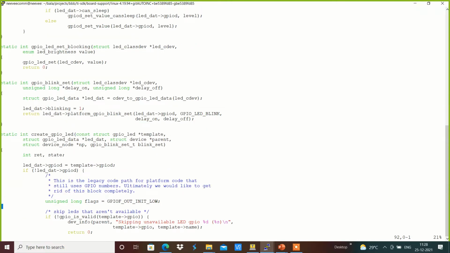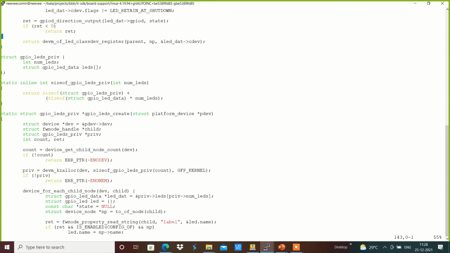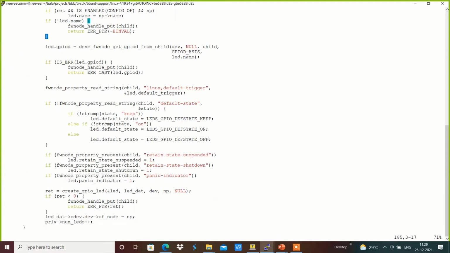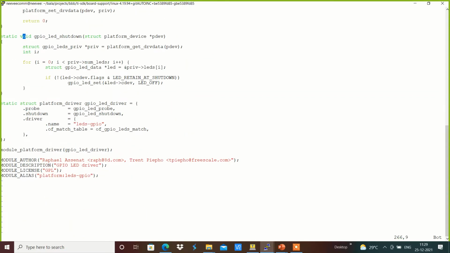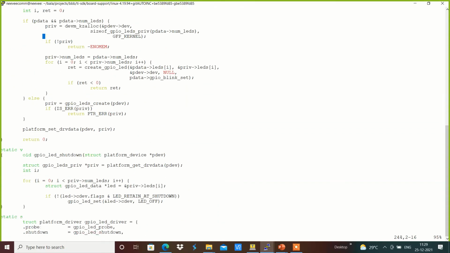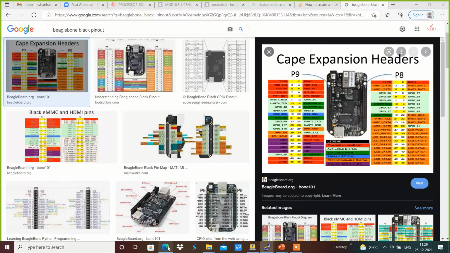For example, we will see how the attributes get created over here. There is a function called create GPIO LED, which helps to create that particular thing accordingly.